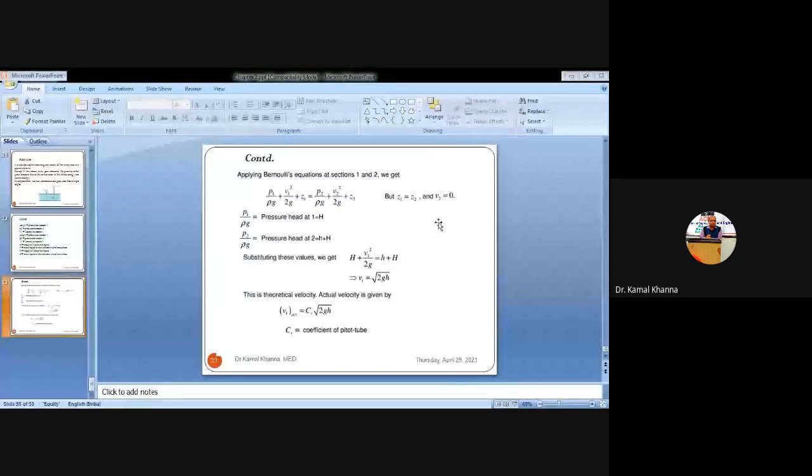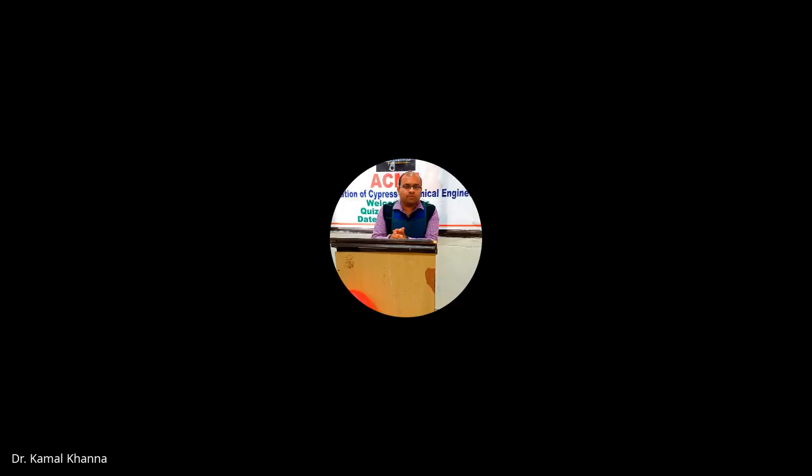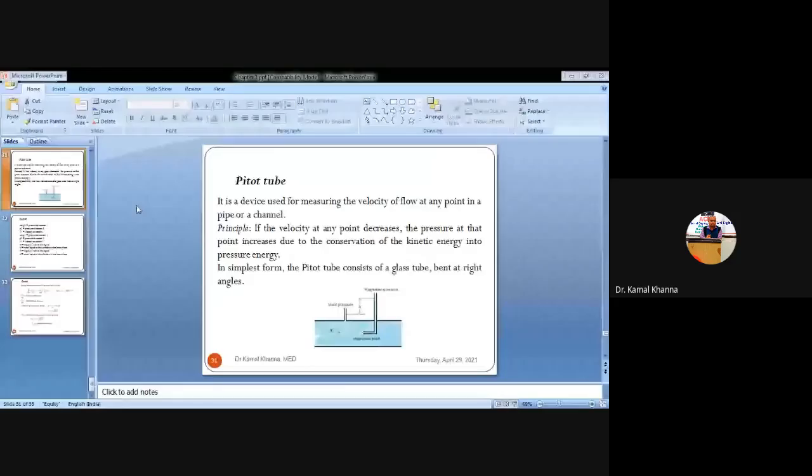So the pressure head at 1 will be equal to capital H. That is, at the first point the pressure is capital H. That is the pressure in the pipe up to the point where the pitot tube is inserted within the pipe. So this is capital H, you can see the cursor of the mouse. This is the capital H, and the small h is considered as the difference between the static pressure and the stagnation pressure. So this is small h. So the total pressure at point 2 becomes small h plus capital H.